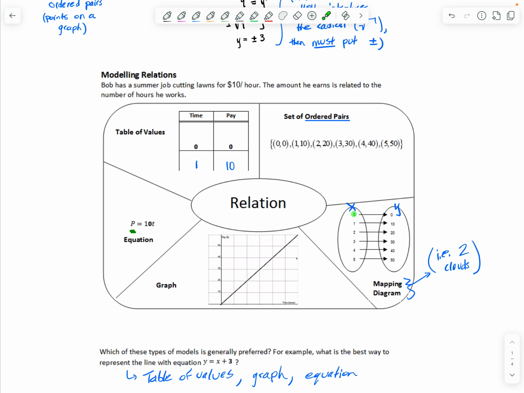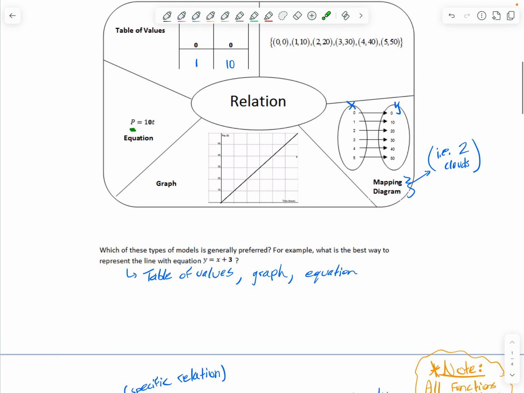So we see here when x is 0, it maps to an output of 0. When an input is 1, it maps to an output of 10. That's the reason why it's called a mapping diagram. When we take a look at which models are generally preferred,